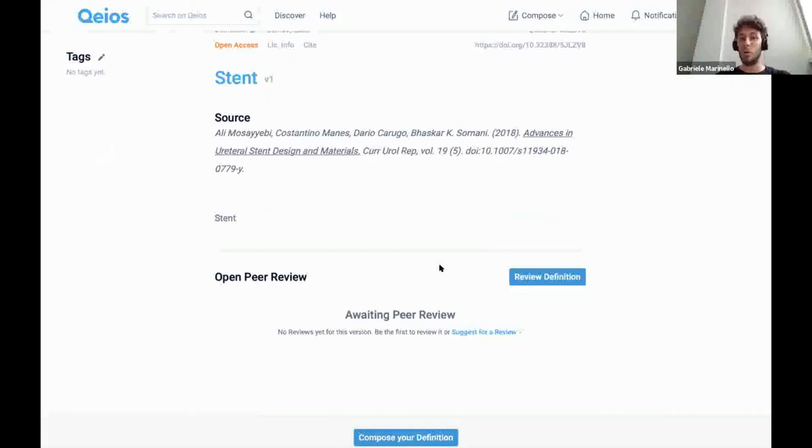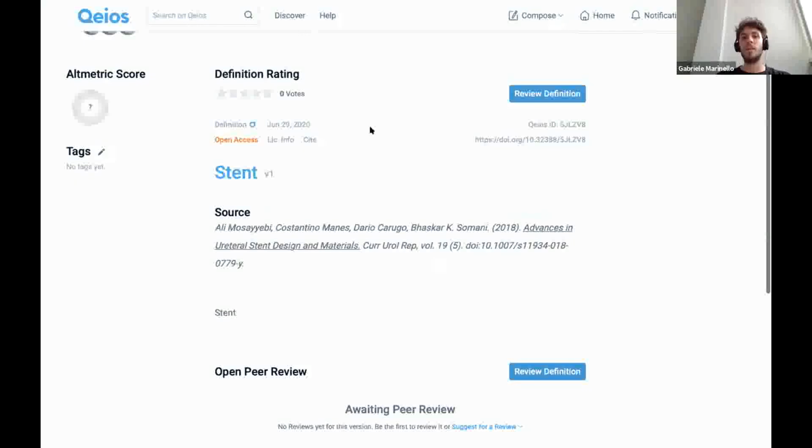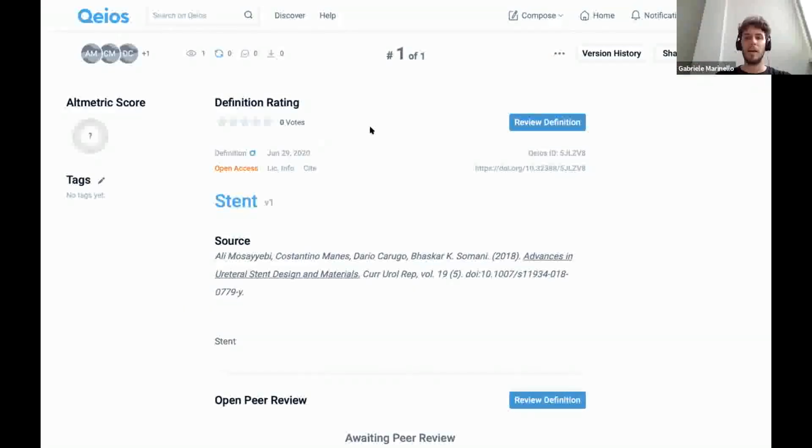And instead, if you choose a license which is not open, the only requirement that you have is that you need to use this definition in a new paper on Qeios. Why is that? Because of copyright restrictions, if it's not under a Creative Commons license, it's owned by the journal, for example, or any other entities.